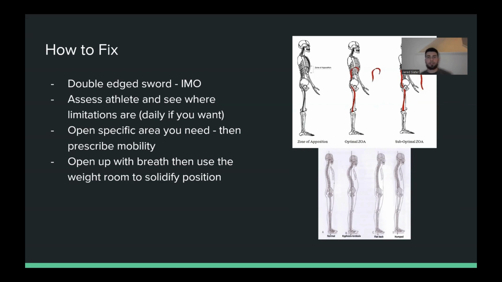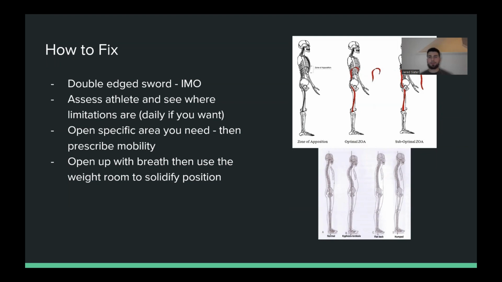Well, what I would do is assess the athlete and see where their limitations are. You can assess daily. That's a lot of work, but you can. Basically, assess them, see where their pelvis is in space, put them through table tests, see how they're moving, and how they're moving will then tell you where they are in space. Once you know how they're moving, we can open the specific area you need. An area that's lacking movement is usually compressed. So we need to expand that area, give them the ability to breathe in it,